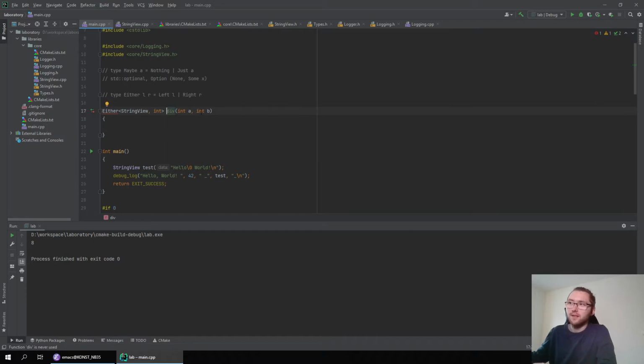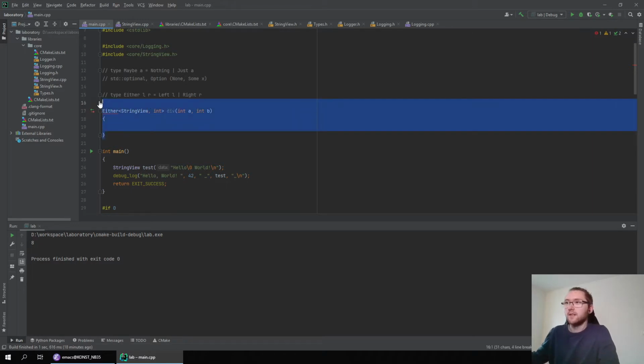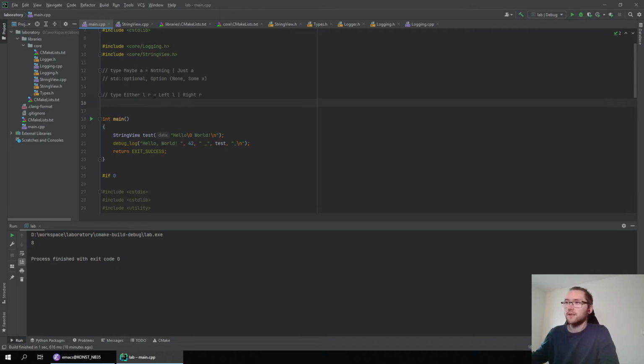In this case, it divides a by b. And so you can have a result, but you might also have an error, and it is in this case encapsulated by a string. So you typically encapsulate the error on the left side, but this is convention. So, and I want to steal this concept.